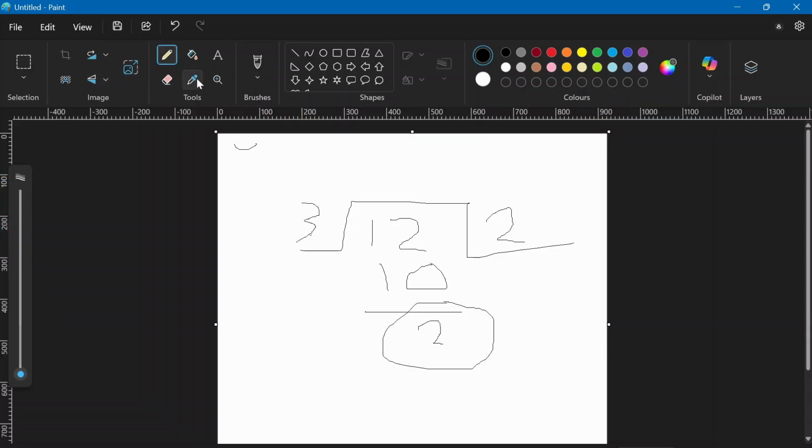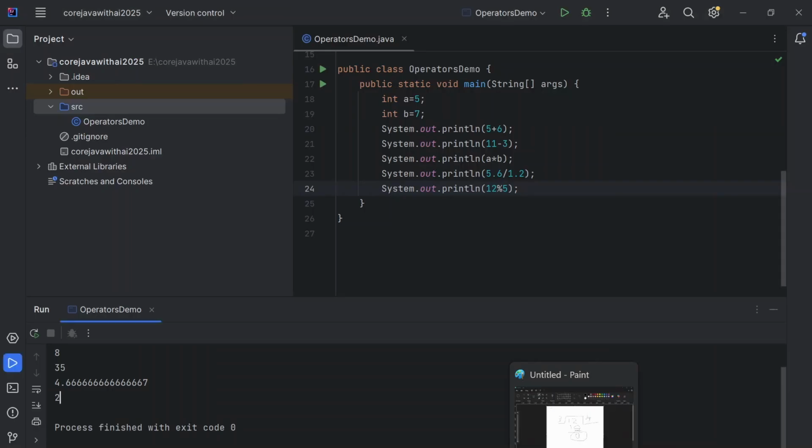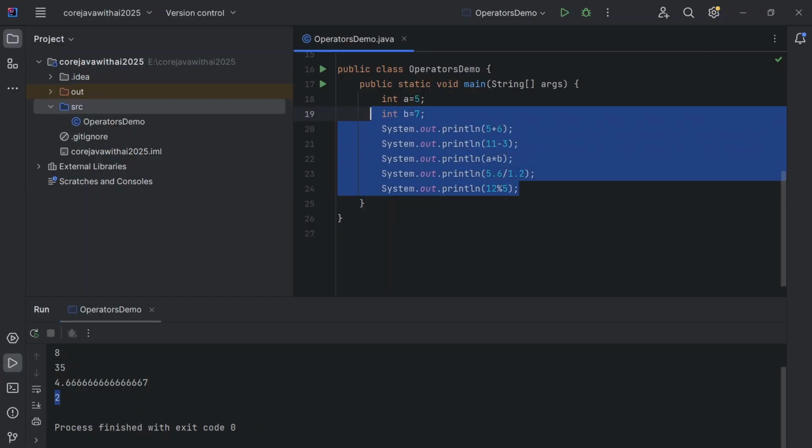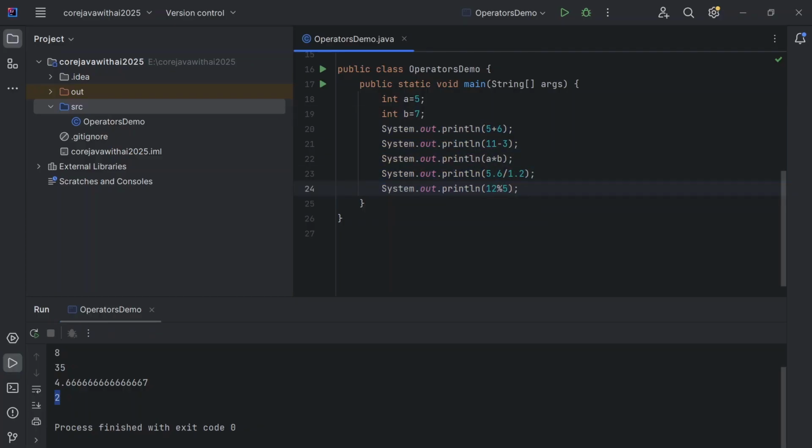So 3 fours are 12, and if it was 12, then there would be 0 remainder. That's why earlier it printed 0 here. But when it is 5, we have a remainder of 2, so it always prints the remainder of division. All right, I hope now you have understood the arithmetic operations. Now let's move to